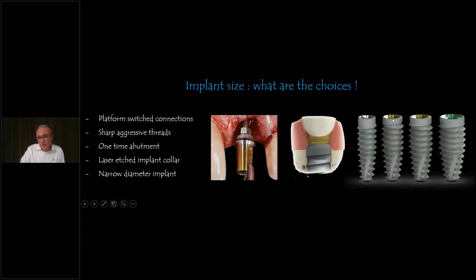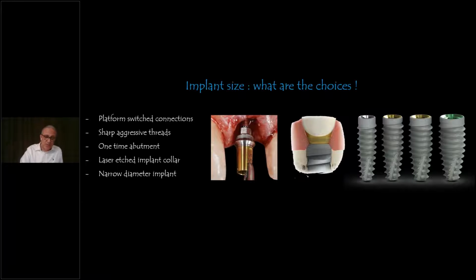that we decided on before. This is one of the new implants by BioHorizons called the Pro, one of the unique designs that already has platform switching with aggressive threads, very nice stability, and also fibroblastic adhesion as a result of the laser etching. This is also another abutment you might be interested to use one time, the laser-etched base abutment. You can put it there and just leave it there all the time. It stabilizes your bone and your tissues, and we really like that very much.